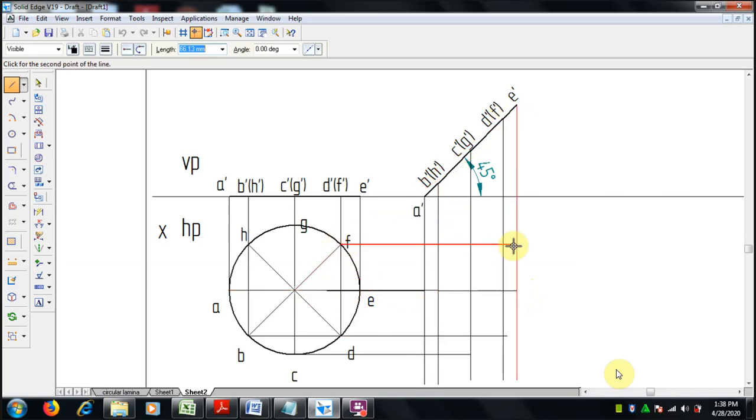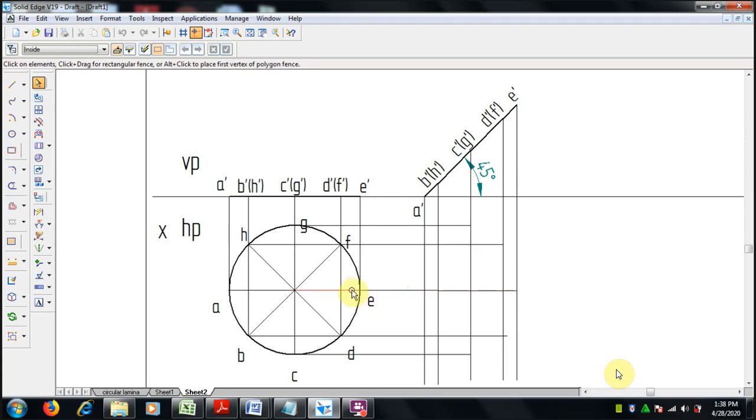F where it meets F, G, select the end point. Try to make it straight.